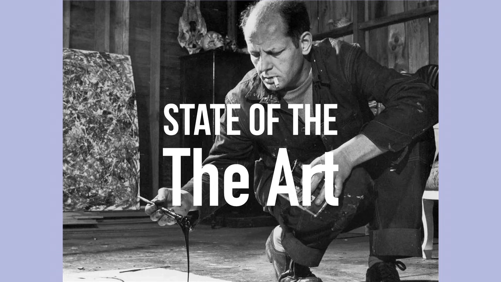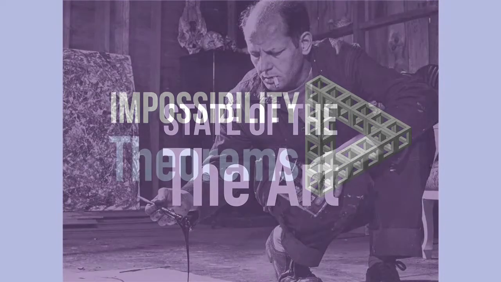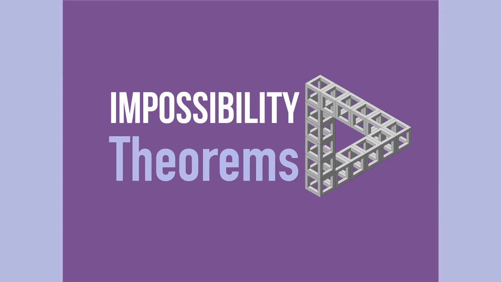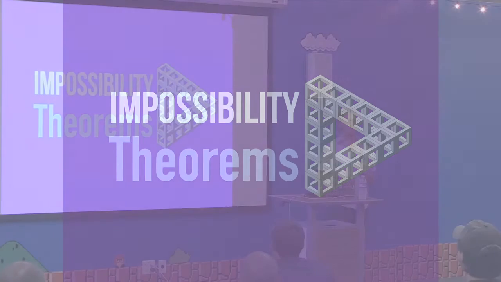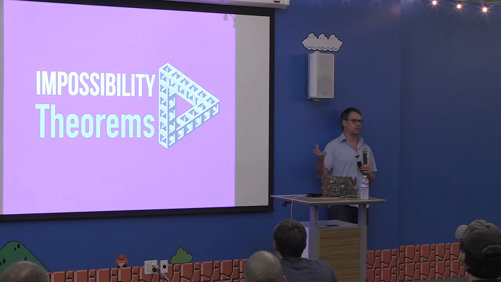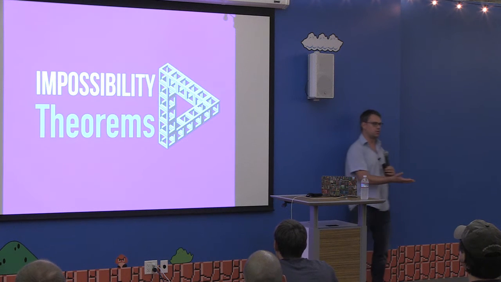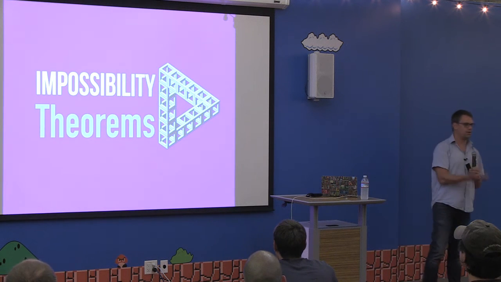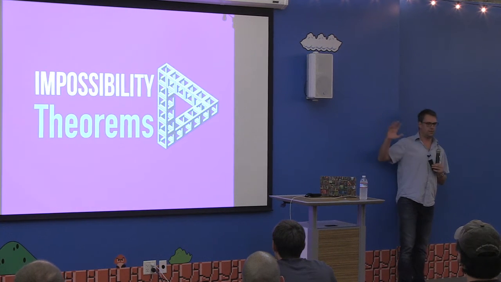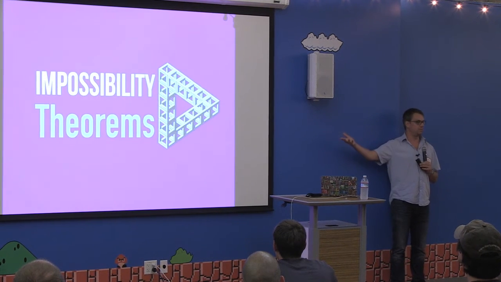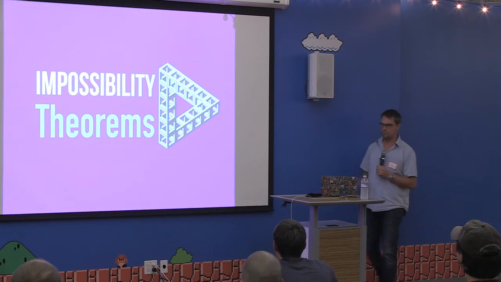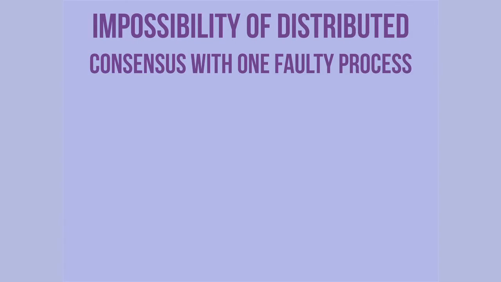So how can we make all this happen? Let's look at some of the research that's been done over the last 30 years or more. Let's start with something called the impossibility theorems. There are a bunch, but there are a couple that I think are more important than others. Impossibility theorems give you a negative result. You can say it shows what is not possible, and by showing what is not possible, it gives you a glimpse of what is possible. So it can point you in the right direction, so to speak.